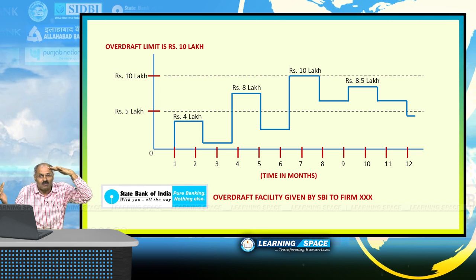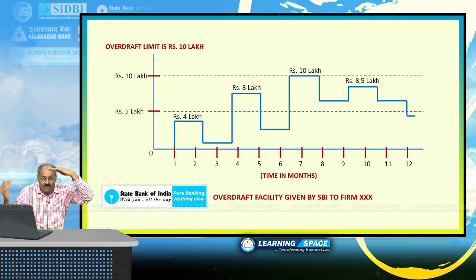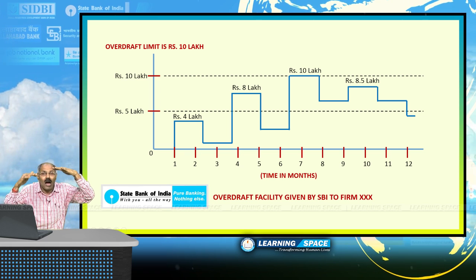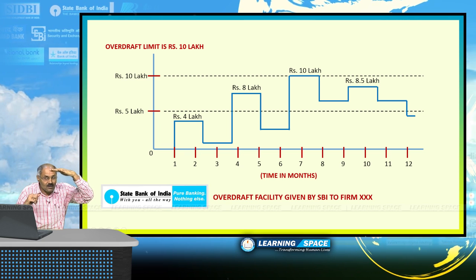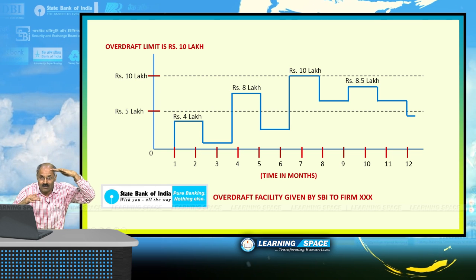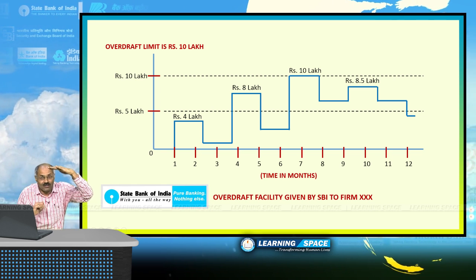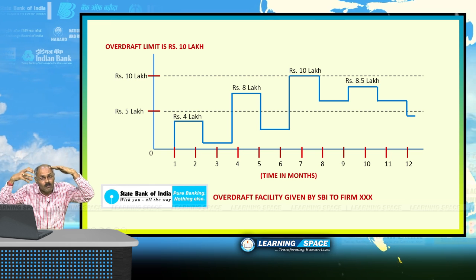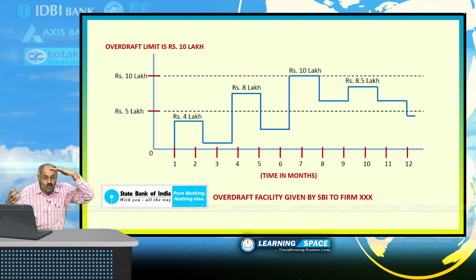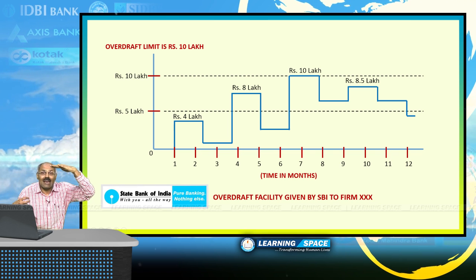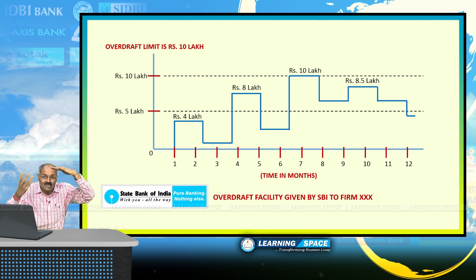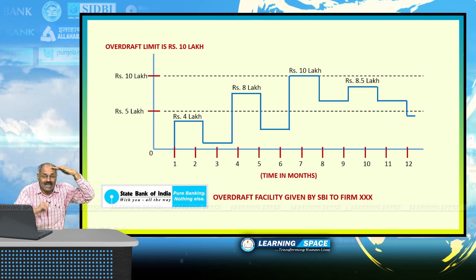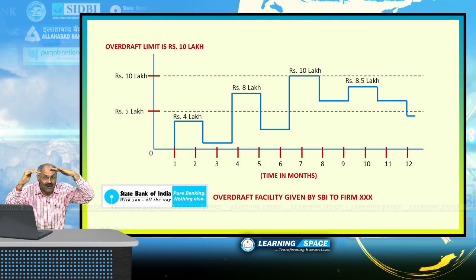There is a minor difference between these two. I will explain after the end of the illustration. There is a minor difference between cash credit and overdraft, but let us look at how this account operates. Here the bank will give you the limit up to which you can access the bank funds. As per this illustration, State Bank of India has allowed company XXX overdraft of up to rupees 10 lakhs. The overdraft limit, or you can say cash credit limit, given by State Bank of India to company XXX is rupees 10 lakhs. That is the limit allowed by State Bank of India.